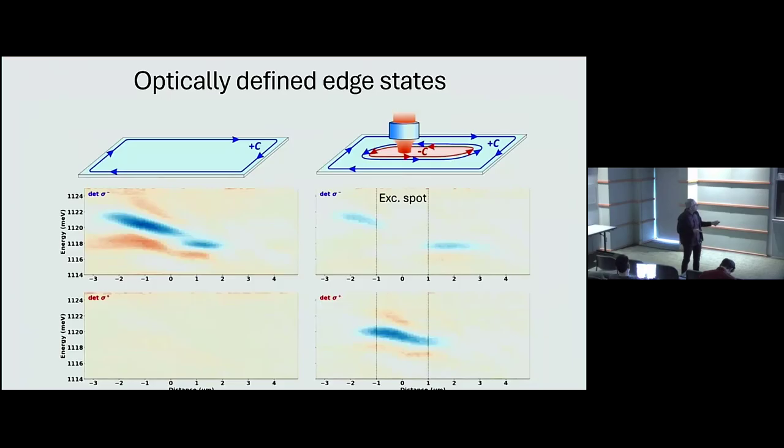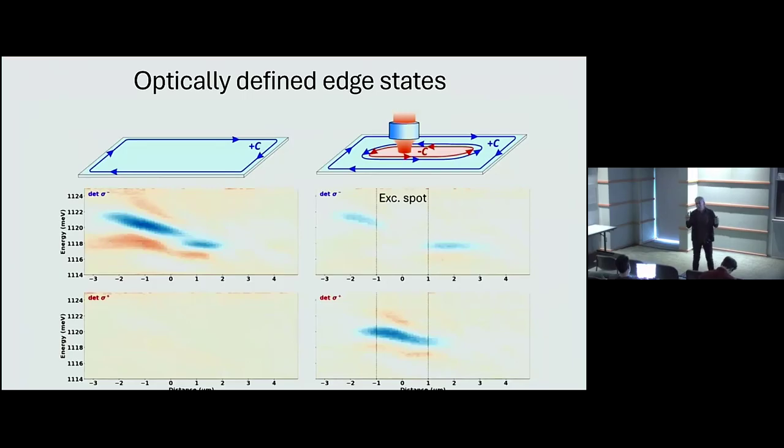But as we excite the system here with the sigma plus light, what we find is that we transfer the holes in this region, and maybe a little bit out because of diffusion, onto the other Chern band, whereas the holes that are farther away remain more or less where they are. So, of course, this is a preliminary experiment, but you can see that by playing with the shape of the laser pulse that we excite, we can define edges